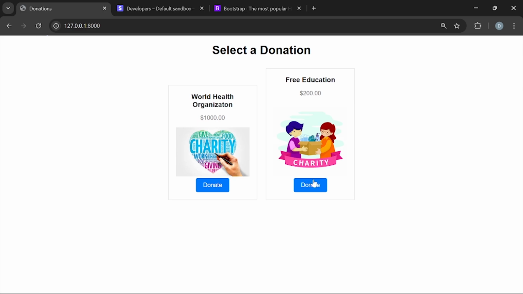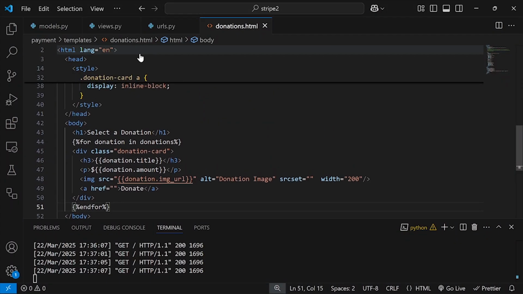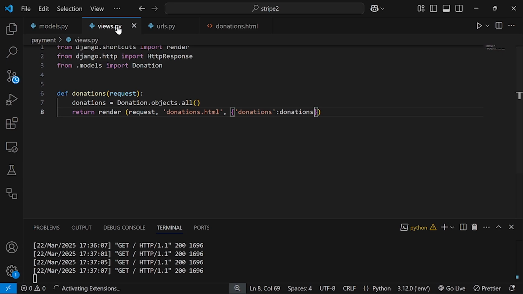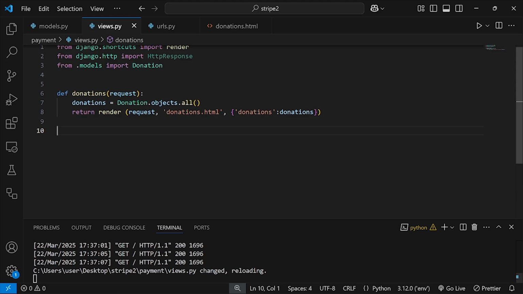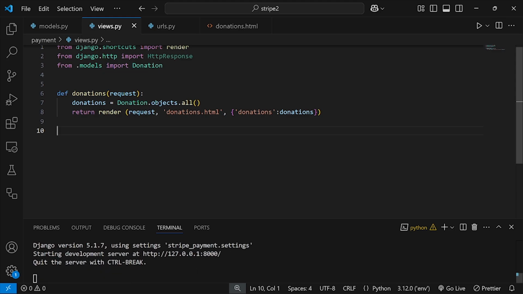Now what is the next thing that we want to do? So let us work on our confirmation page. So I'm going to go back to my code now, and then I'll go back to my views.py. So now we are done with this donation. So the next view that we need to define is going to be the checkout view. So I'm going to say define checkout. It's going to be